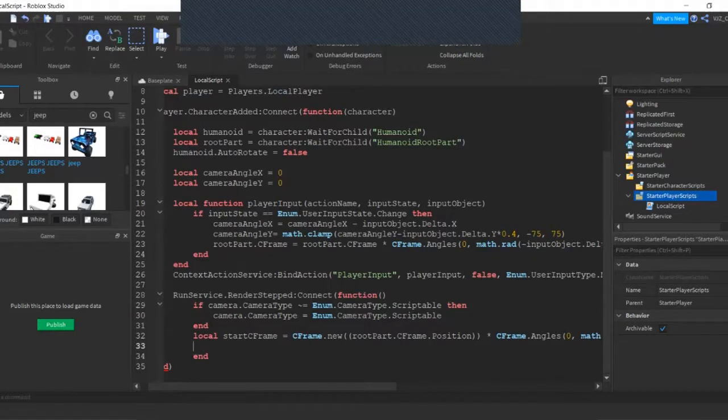Now, I coded the start CFrame by starting the CFrame. It starts the position of where you are supposed to go, and then we are now going to code the camera CFrame. So the camera CFrame is gonna be the start CFrame, and to world space CFrame dot new, and this will be camera offset dot x